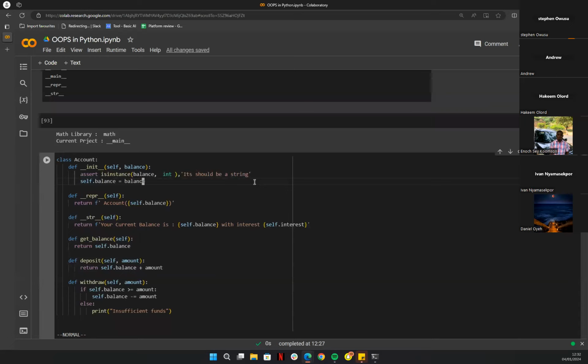So if it's valid, move on. If it's not valid, stop. Don't even execute the code. Just stop. So let's say in this case, I'm saying okay, assert isinstance of balance. What I'm trying to say is that assert checks the validity of balance, if it's an integer. If it's true, move on. So if it's an integer and I run everything like this,